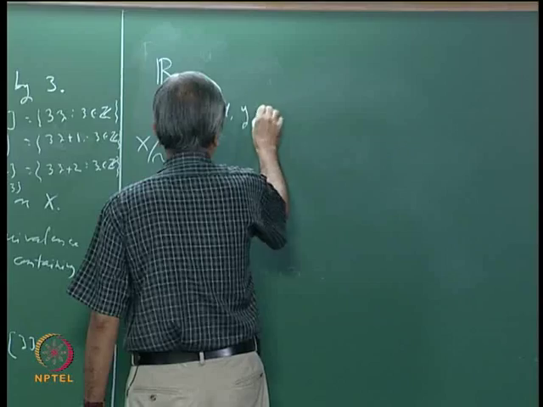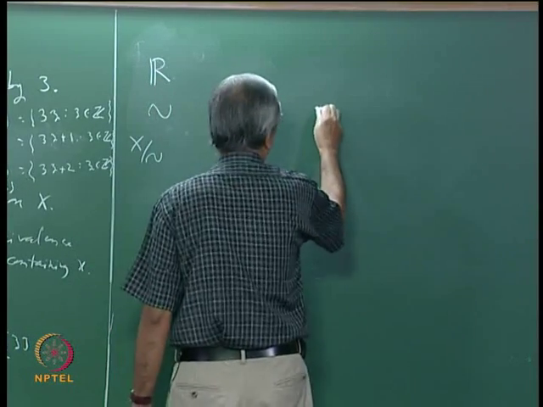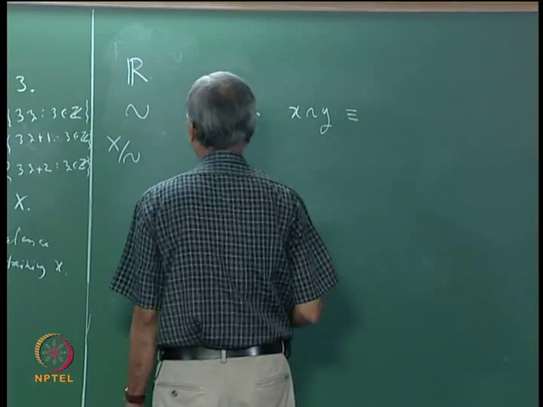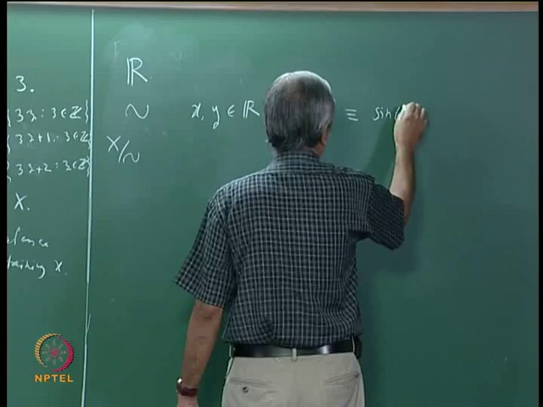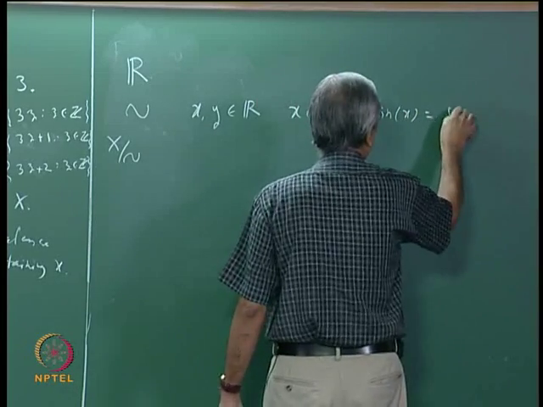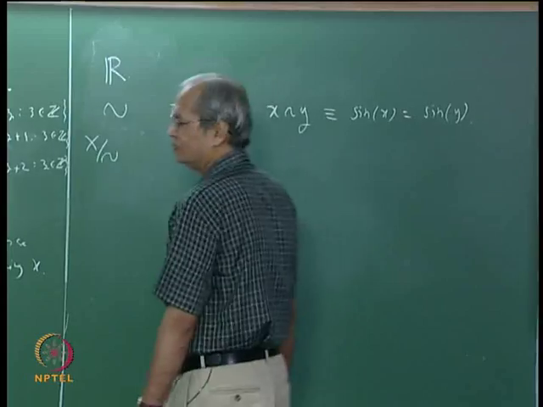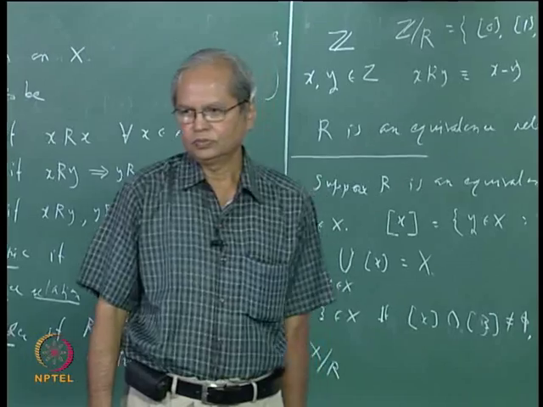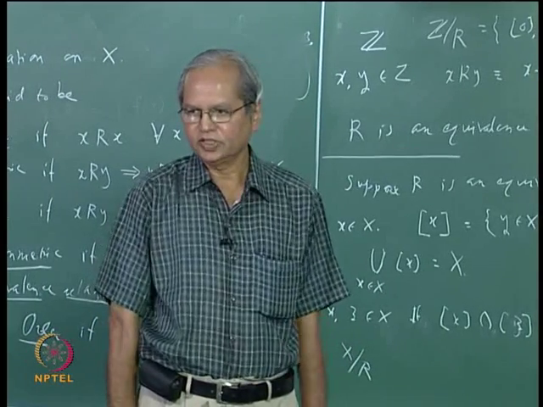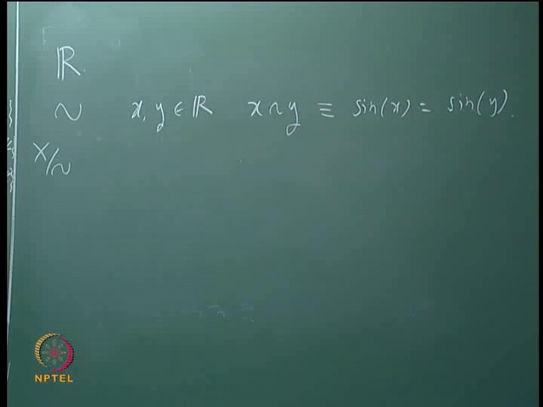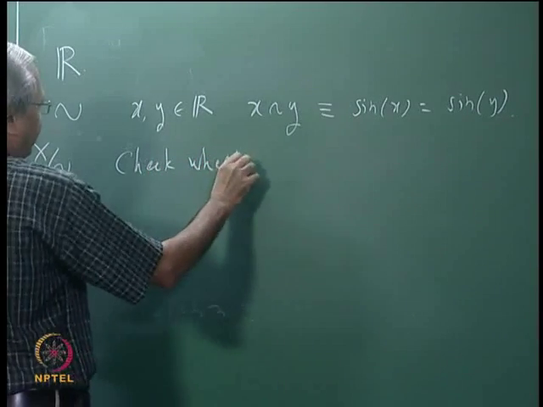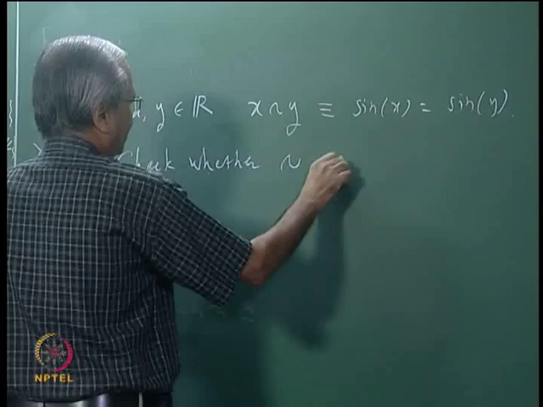Take two real numbers x, y in R and say that x is related to y, this means sin x is equal to sin y. I will not indulge in any further discussion of this example, take this as an exercise. The exercise is to check whether this is an equivalence relation,